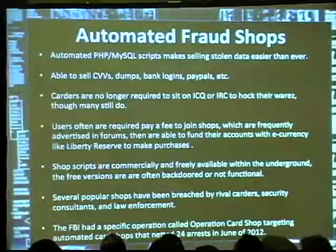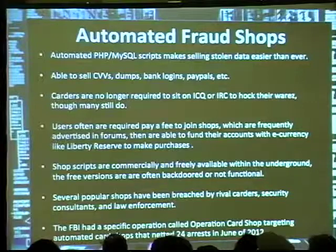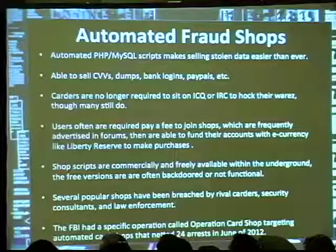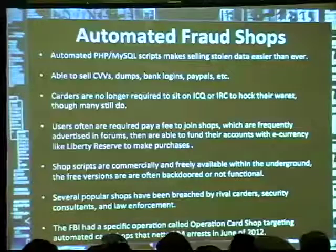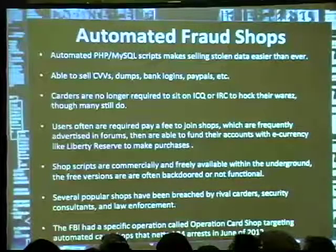The way these work is users will either pay a fee to join the site, and they usually heard about it from a carding forum or something like that, and they'll usually have to pay a fee to even register to be able to access the site. And then once they've paid that fee, they can fund their account and then just start adding items to their shopping cart and check out with an anonymous e-currency, and usually can get a good amount of credit card numbers for, depending on the shop, between $2 to $5 a piece,